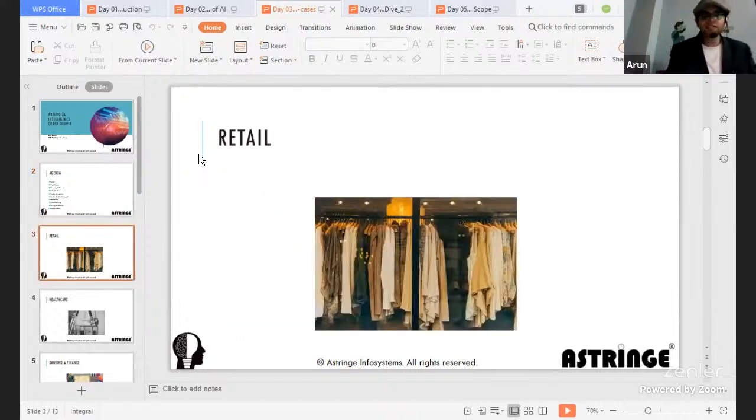So, in the retail space, artificial intelligence is already being used. Suppose there is something called Google Lens, right? If you are shopping across the retail stores in your vicinity, you can take your Google Lens and, if you are going to a garment store like the one we see over here, take a snap of that and see whether you are able to find a similar product anywhere online or in other places.